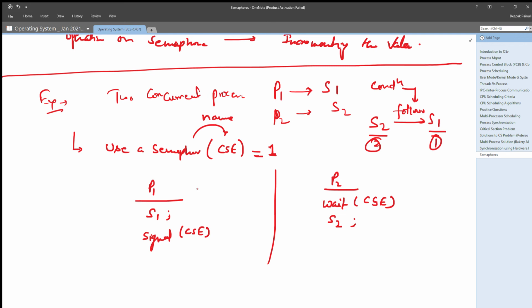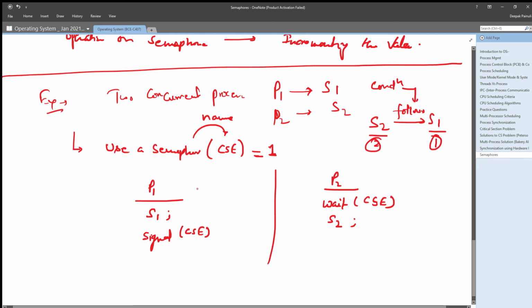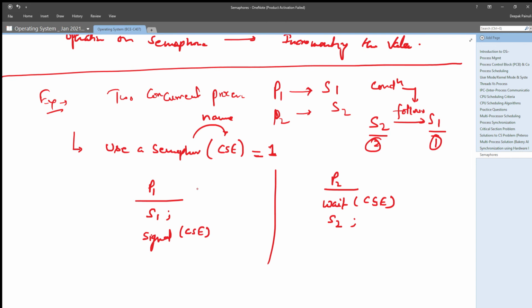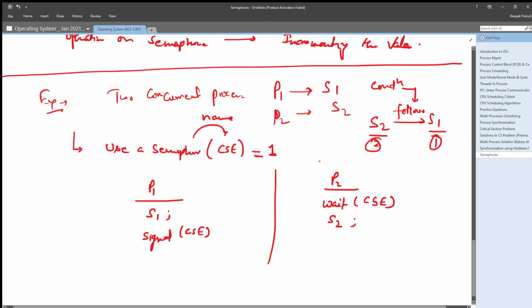such that the given condition is fulfilled, which was S2 will follow S1. That means S1 will execute first and S2 will execute second. If you check at any random point, if both processes started at the same time, then what will happen?